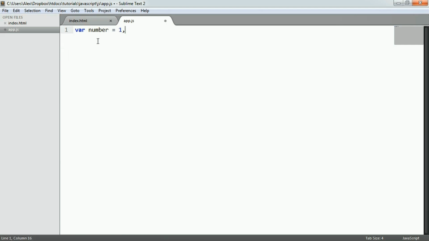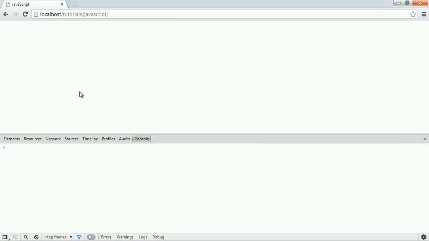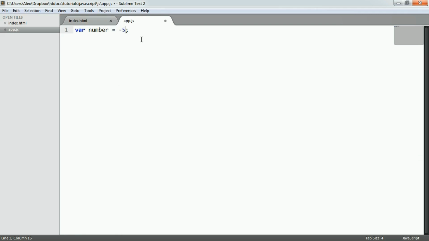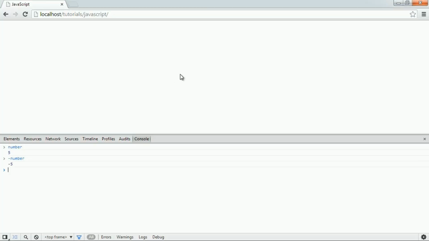What we can also do is if we just have a bog standard number, so let's say we have 5, let's take a look at what we can do inside of the console here. If I was to say number, that's 5. But what about if I was to say minus number? Well, that gives us the negation, so we can do a negation. We can also do a plus as well. So if we were to start off with a -5, for example, or let's just change this to -10, we can see here that if we were to say number, we get -10, and if we were to say plus number,